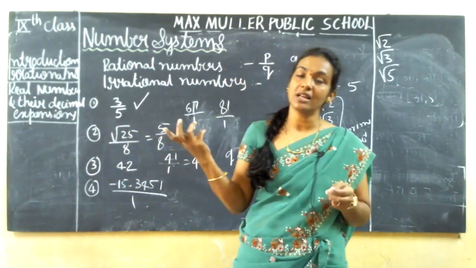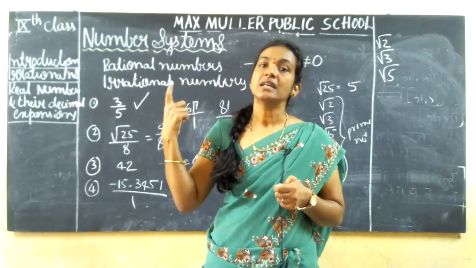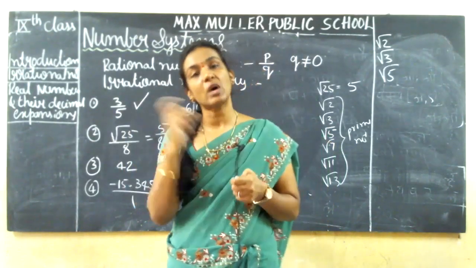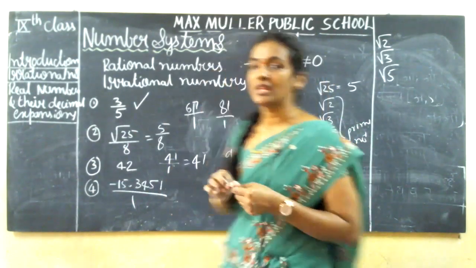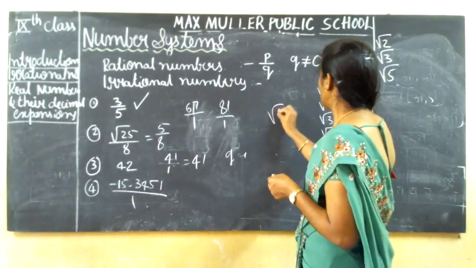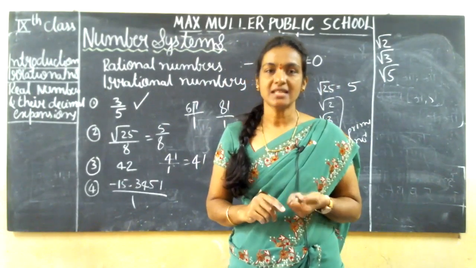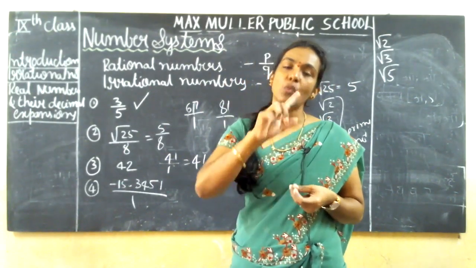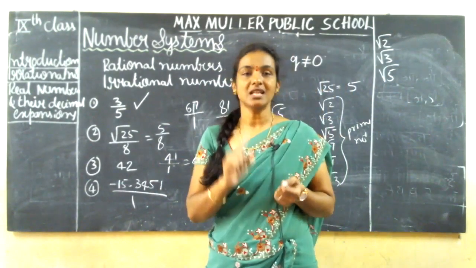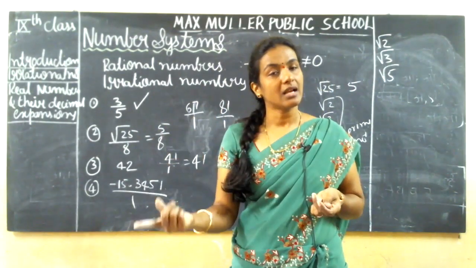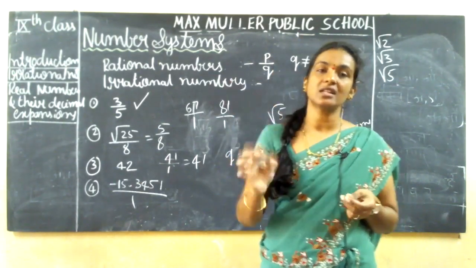Prime numbers are like 2, 3, 5, 7, 11, 13, 17, 23. So these are the prime numbers. Why do we say these are prime numbers, guys? Because they are divisible by only 1 and the number itself. What exactly does this mean? Take 5. You won't get this 5 in any other table except 1 and 5. Yes or no? Even take 13. You won't get 13 in any other table, only 1 and the number itself. Number itself means 13. 13 ones are 13, 1 times 13 is 13.